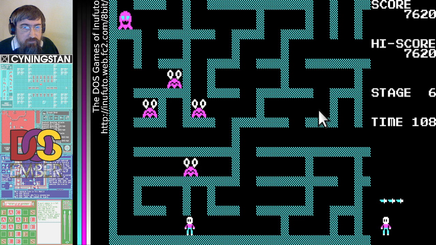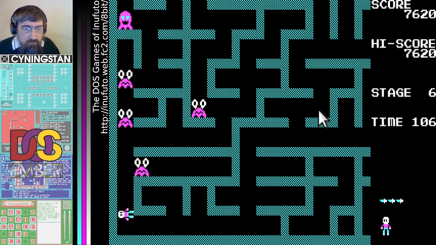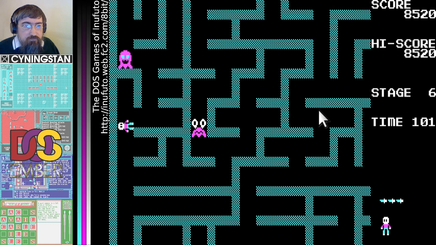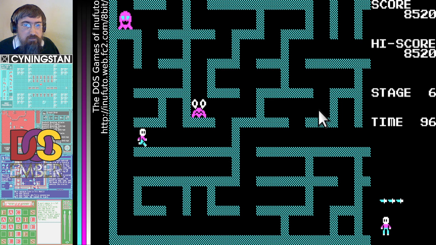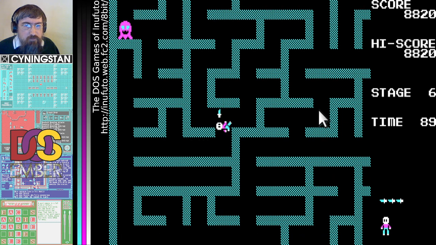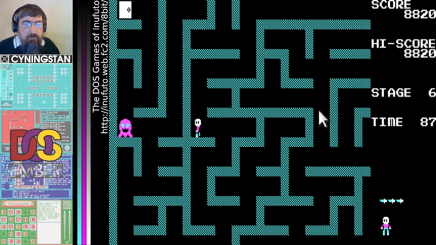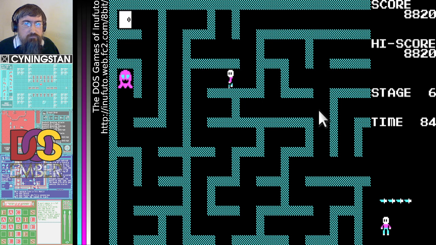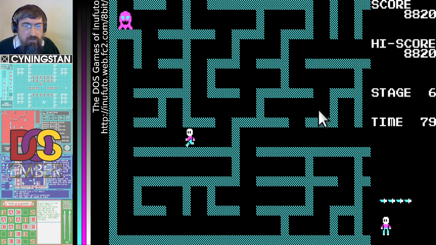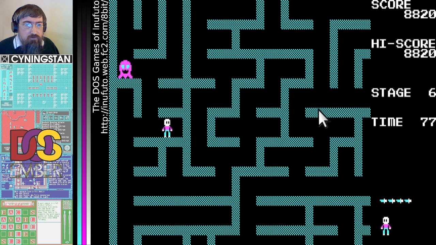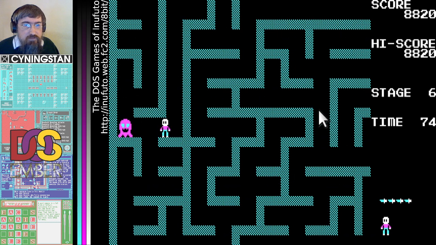Okay, this level's thing is that you've got loads of monsters waiting to come and get you. Right, I am going to tease this. Okay, I'm going to have to be quick about this, yeah. Go and get that thing. Right, you're not moving. Ah, you move up and down, but not left and right. I've got plenty of time, so I haven't wasted a lot of time. Let's go that way and then there.